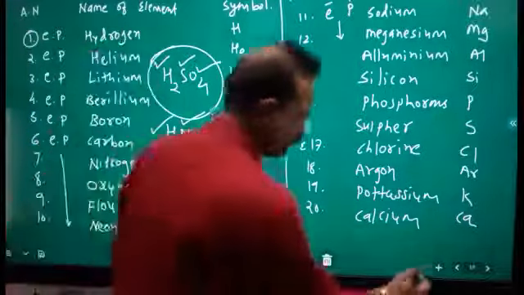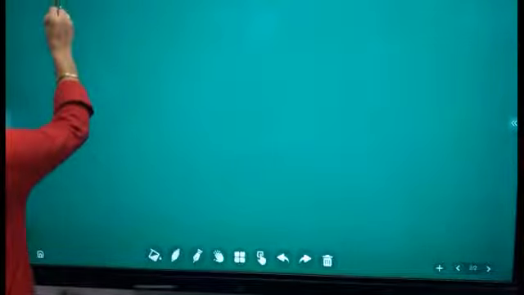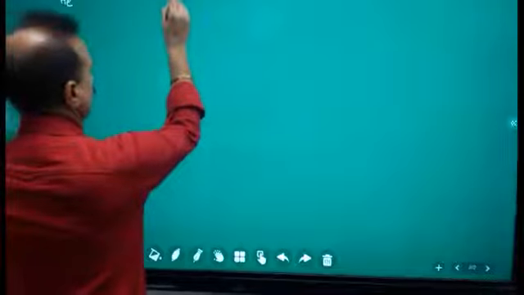So the next topic is: any element can have either a positive or a negative charge, depending on gaining or losing electrons. First, any element wants to become a noble gas. Helium is a noble gas, neon is a noble gas, and argon is a noble gas. These three are the noble gases among the first 20 atoms. So the nearest noble gas is important for an element.